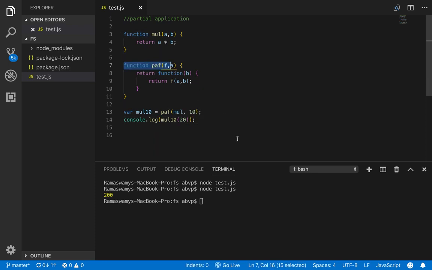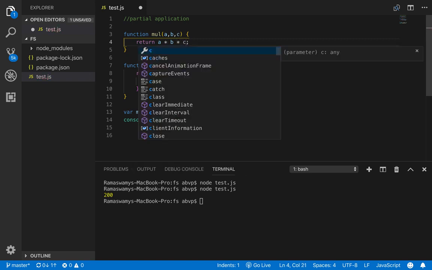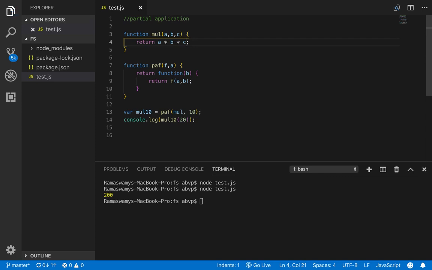Now let us modify this example to better understand the concept. Say we have a, b, c and this multiplies a into b into c. So what we can have is, we can either have one argument, or now we can also have two arguments, since the total number of arguments is 3 here.